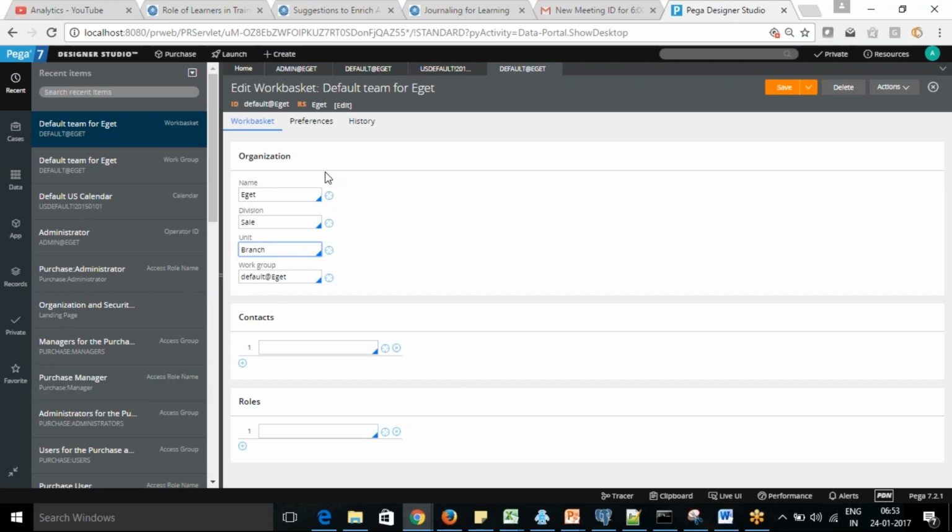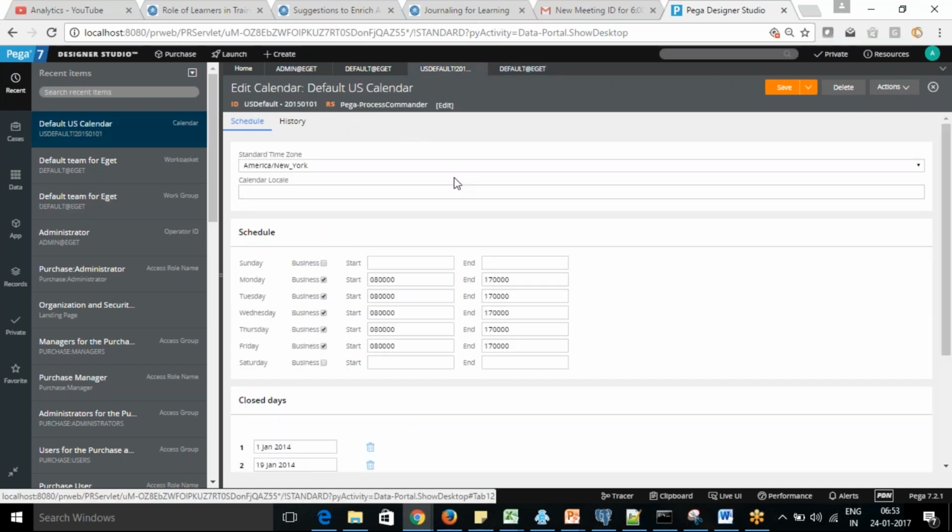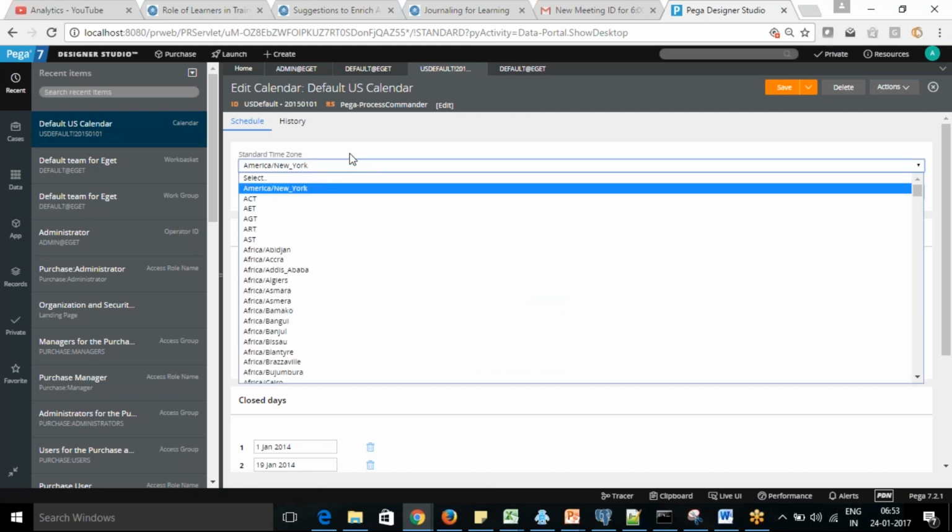Okay. So this is your work basket. You can see it doesn't contain that much, but we just need to refine the work, so we go for the work basket. And in the calendar rule, what's the use of the calendar rule? This is not a normal calendar, it's a business calendar. Okay, where we decide when your holidays are, what your work timing is, and what your working days are.